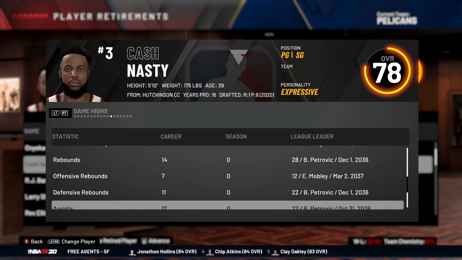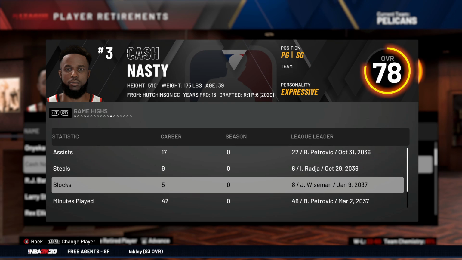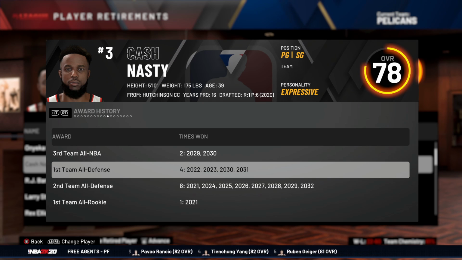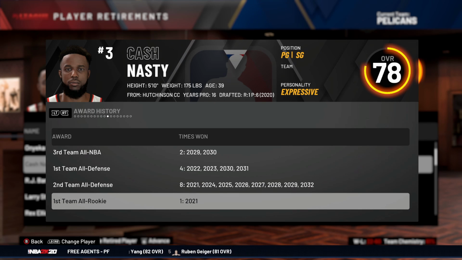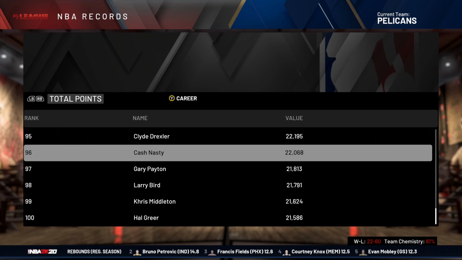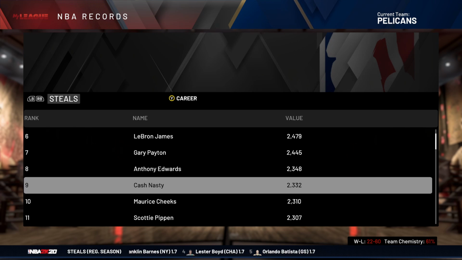a game, 7 offensive rebounds, 17 assists, 9 steals. He even had 5 blocks, which is pretty wild still. Made the 3rd team All-NBA twice, 1st team All-Defense 4 times, 2nd team All-Defense 8 times, and obviously the 1st team All-Rookie once. 22,000 points puts him 96 on the total points list. He had the 37th most assists in NBA history, and he had the 9th most steals in NBA history with